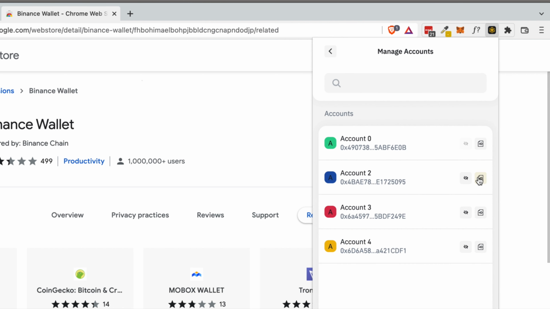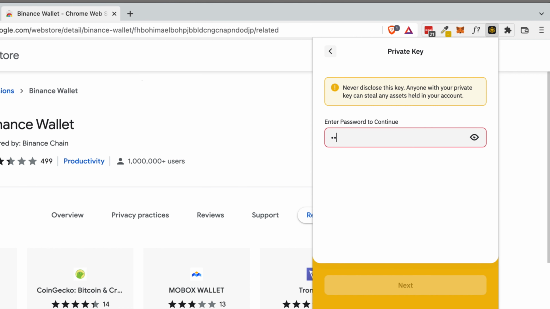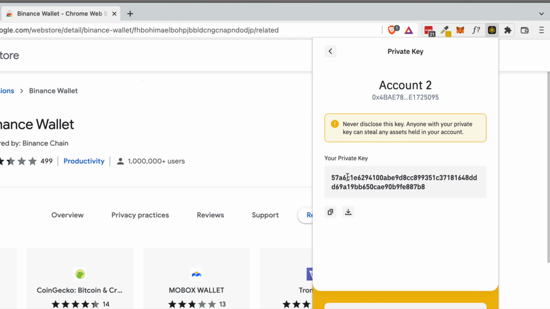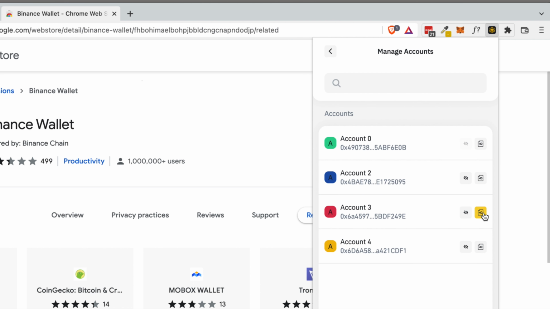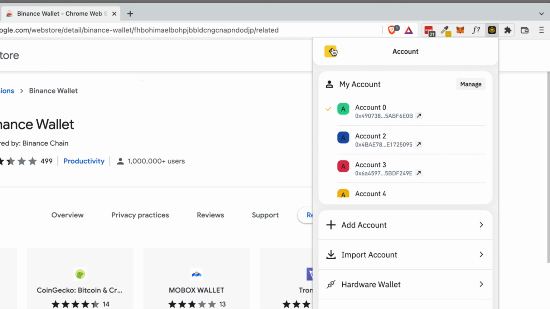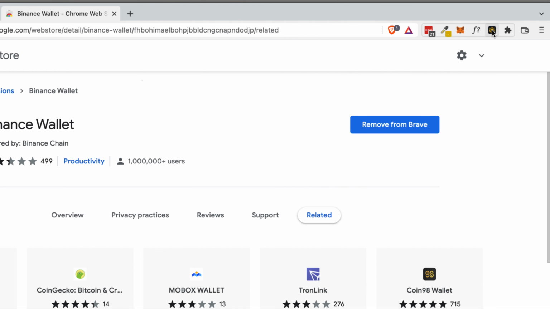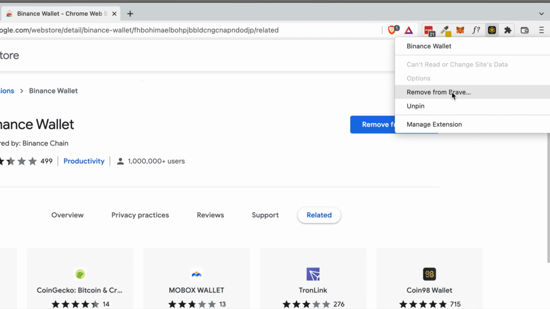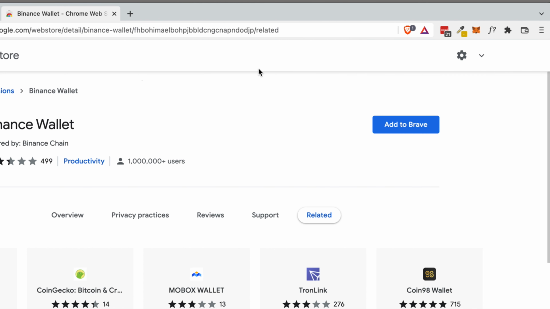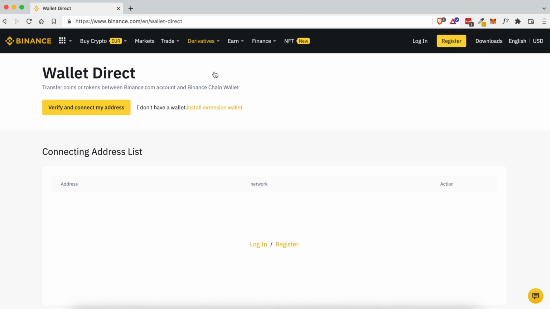So we clicked Manage, we clicked the private key icon for account 2, typed in our password, and then we copied down or wrote down the private key for this account. We did the exact same thing for 3 and 4. Now, when we right-click this and remove it from our browser, just like that,